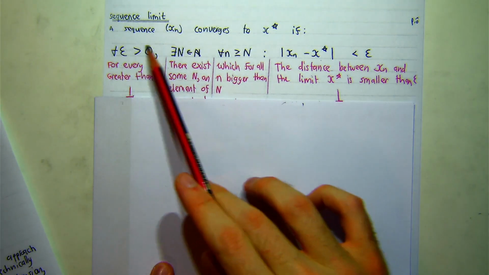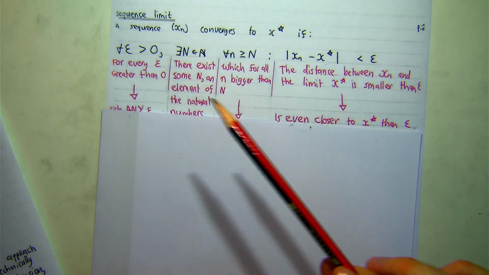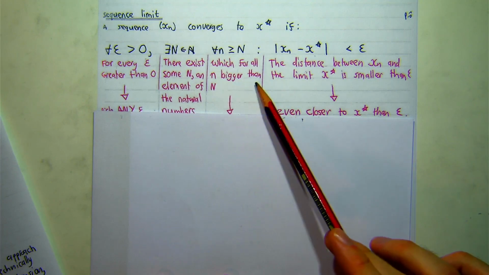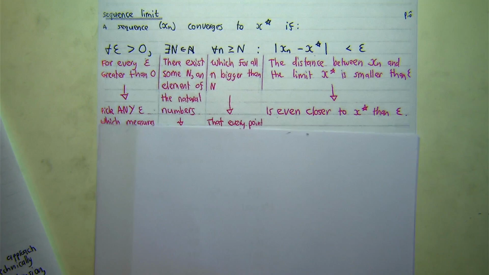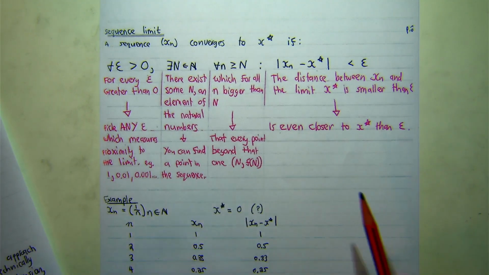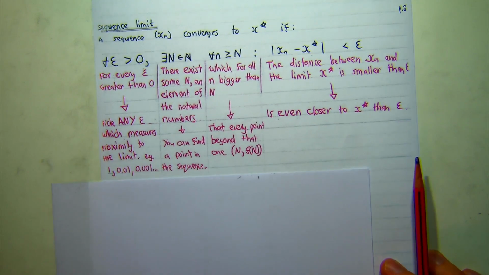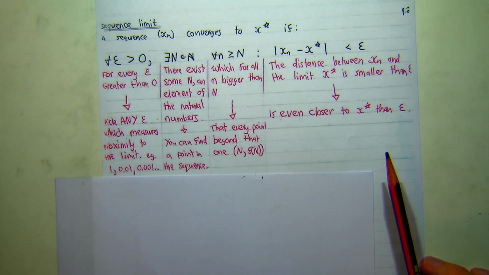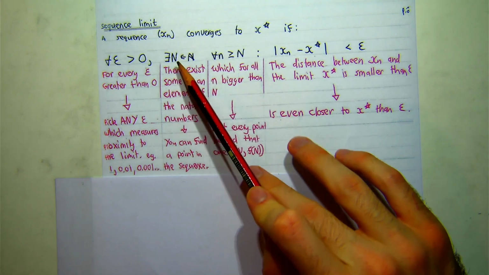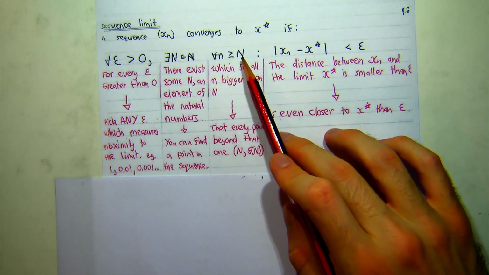For every epsilon greater than 0, that's that part there, there exists some n, an element of the natural numbers, that's that part there, which for all n bigger than n, the distance between xn and the limit x star is smaller than epsilon. The idea is to pick any epsilon, which measures proximity to the limit, and we focus on those small epsilon values, and we're searching for some point in the sequence. So this idea of existing n in the natural numbers, where all n greater or equal to n